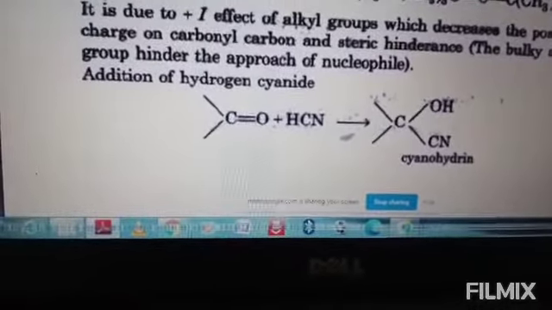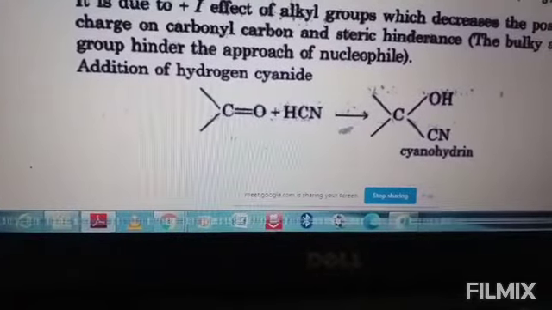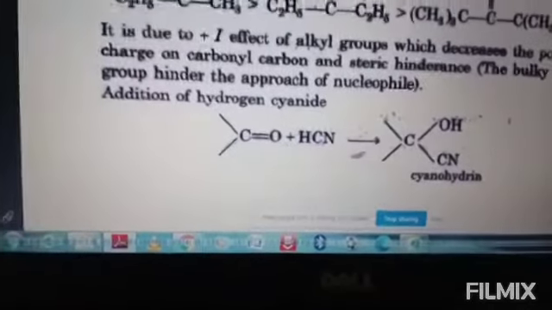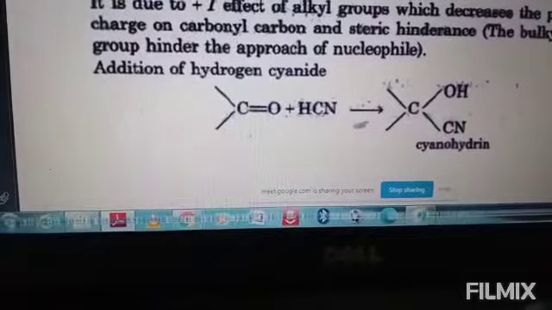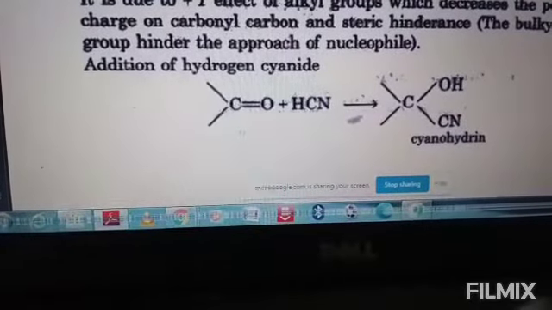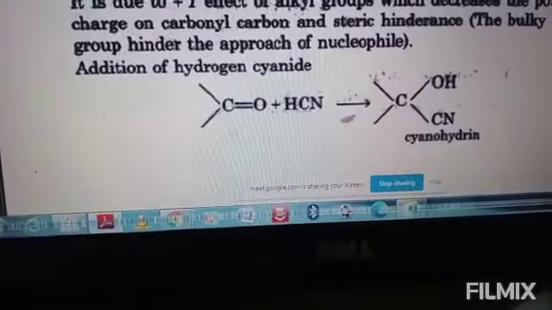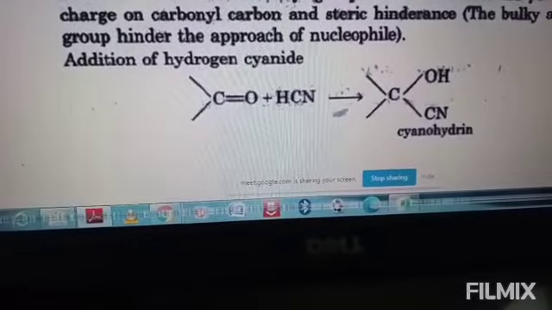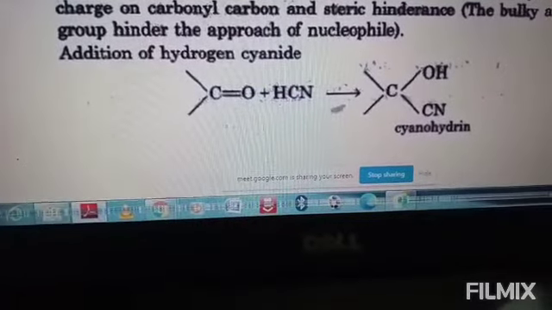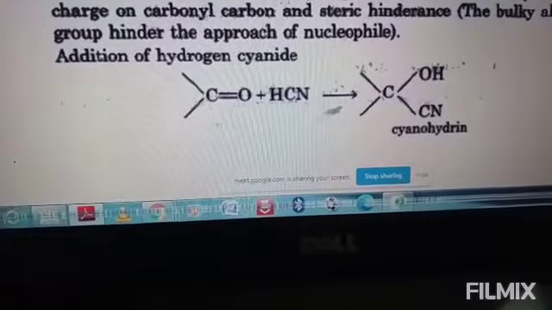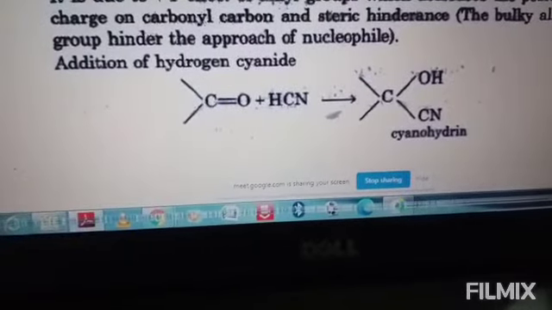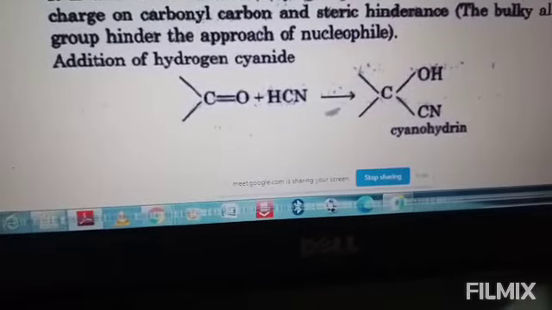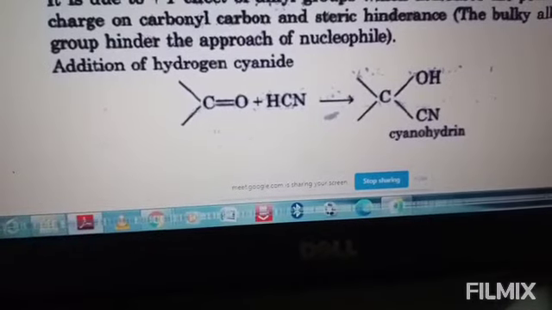So addition of hydrogen cyanide to a carbonyl compound gives cyanohydrin. You can say in short that aldehyde and ketone react with hydrogen cyanide to give cyanohydrin, and this reaction occurs very slowly with pure hydrogen cyanide. Therefore it is catalyzed by a base, and generally cyanide ions, being a stronger nucleophile, readily add to the carbonyl compound to yield the corresponding cyanohydrins. And cyanohydrins are useful synthetic intermediates. This point you need to recall.